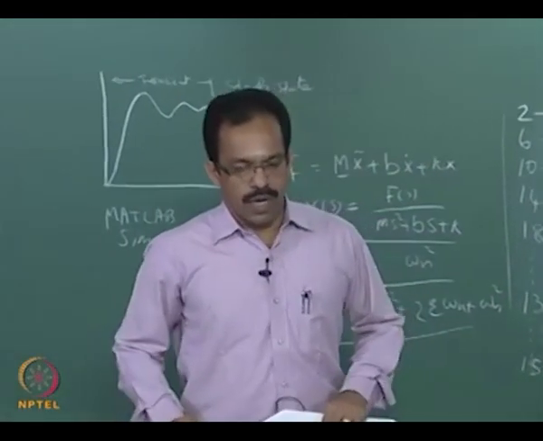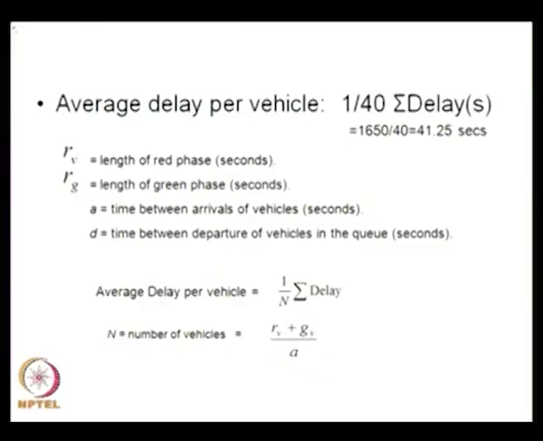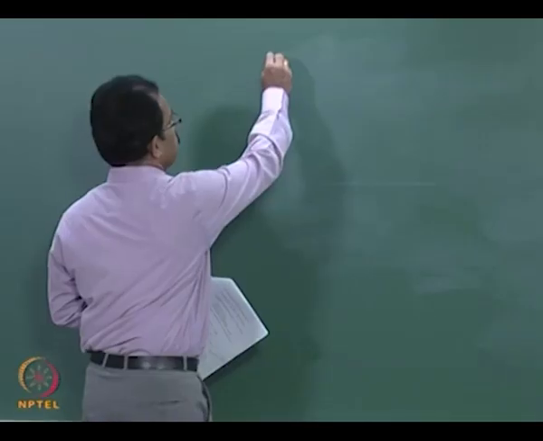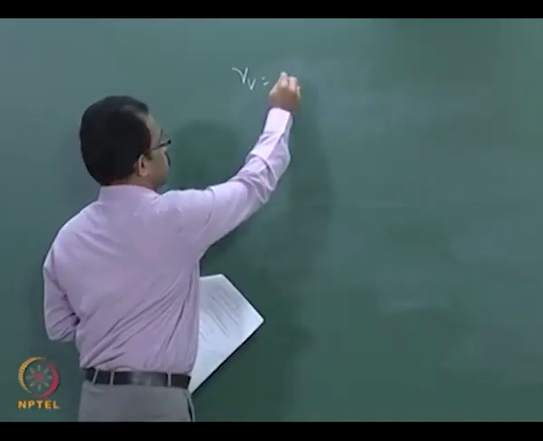Now if you want to model this using mathematical equations, we can actually find out the parameters and then create a mathematical model for it and then use that for simulation of the system under various situations. So whenever the RG or RV changes, we can model it easily without creating a table like this. So in this case RV is the red phase, the length of the red phase,